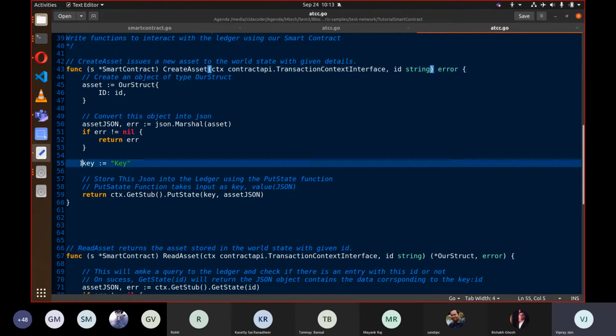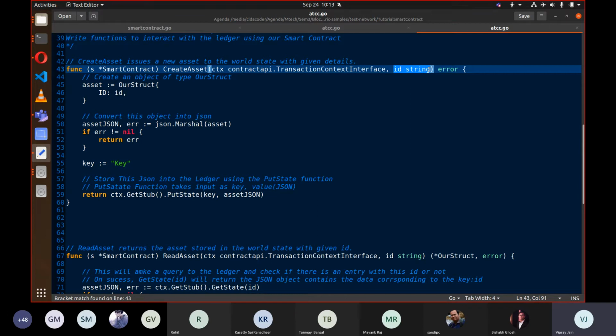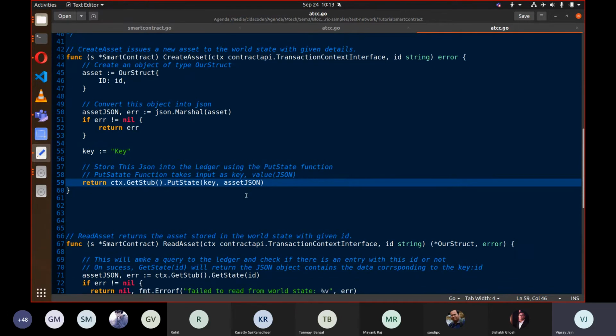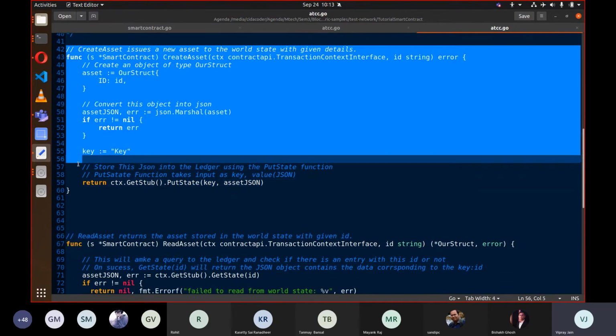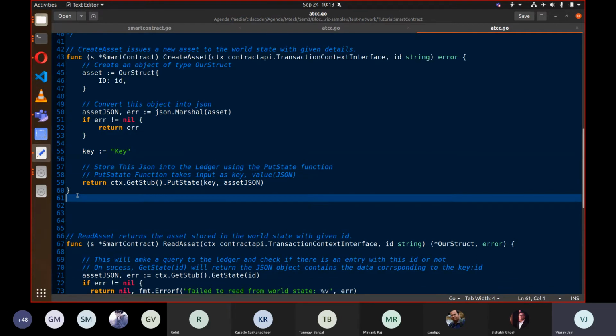For simplicity, I have fixed the key as key. So whatever data I send from the CLI will get into the ledger with the key as key, and the data which we are sending in the form of JSON. So this function will create the asset in our ledger.